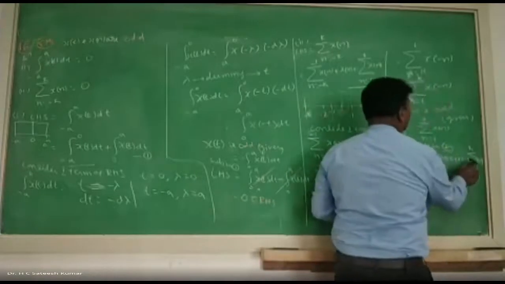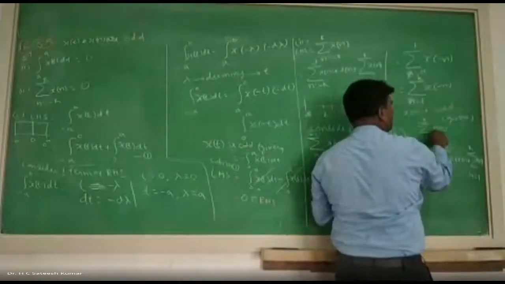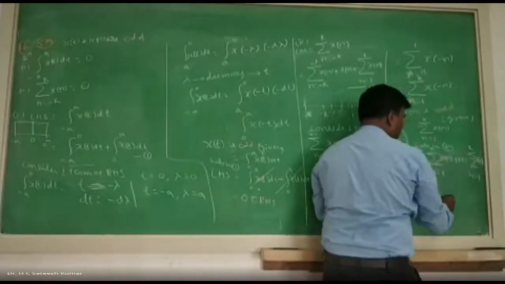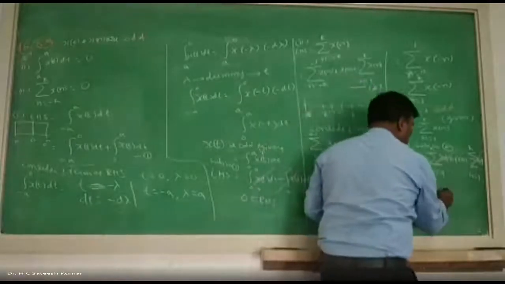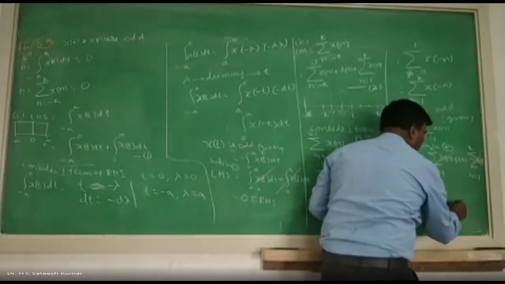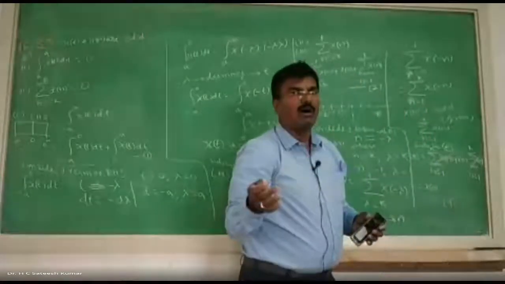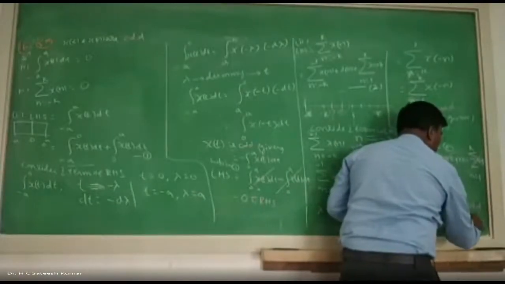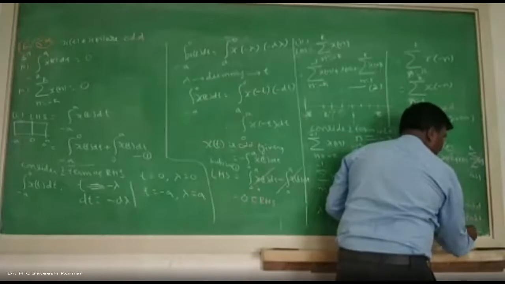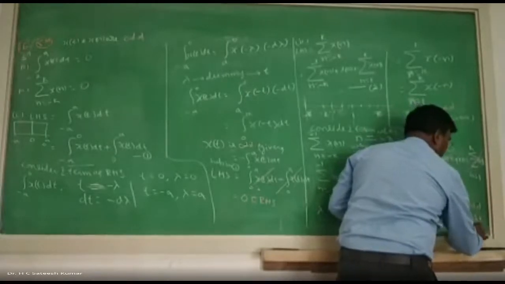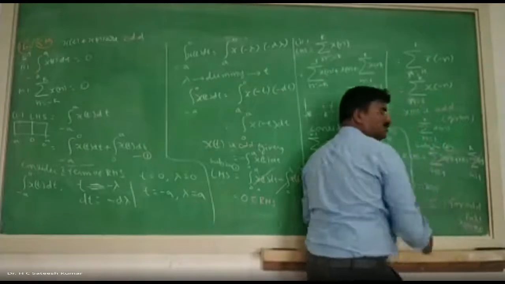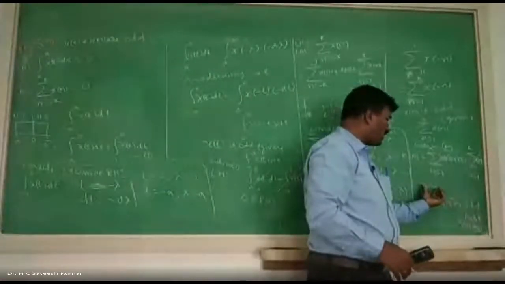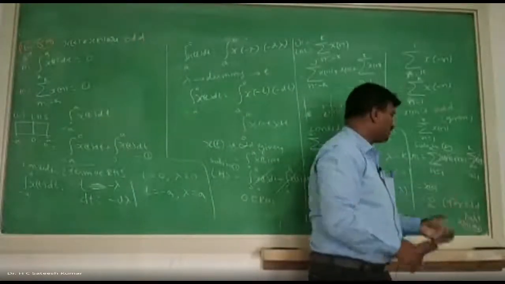This minus sign you will get because x of minus n is minus x of n. And this you will get as a minus sign, and this will get cancelled, but you will get x of 0. But x of 0 is equal to 0, because for odd signals, the origin value is 0, I said. For the odd part, x of n is 0. That is the basic property of an odd function. Its value at the origin is 0, I said, no? X of 0 means the value of x of n at 0. Its value is 0 only, which is equal to the RHS.